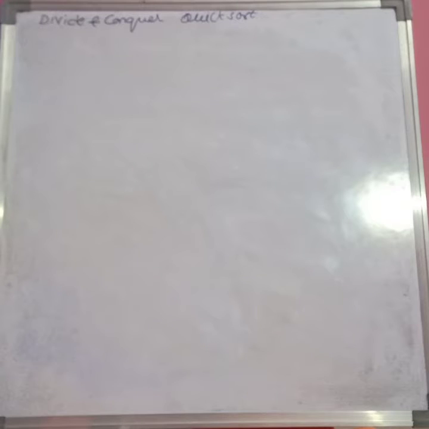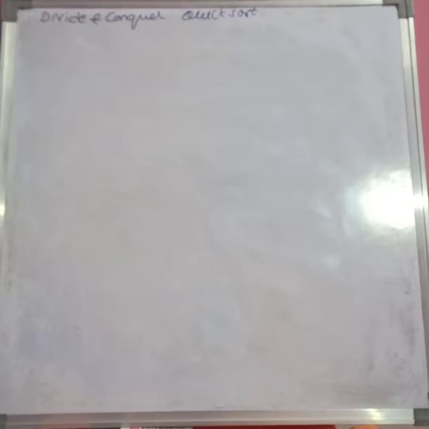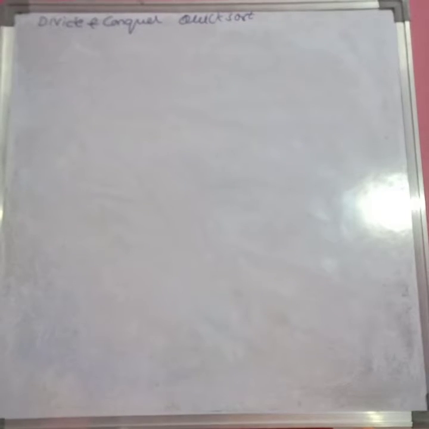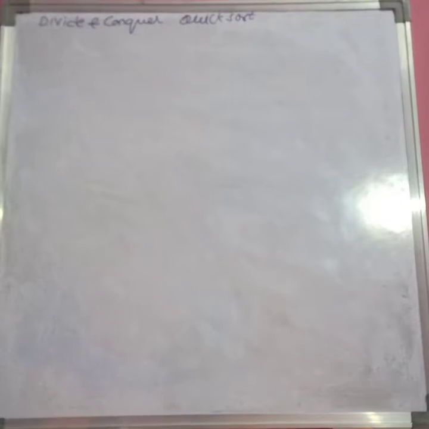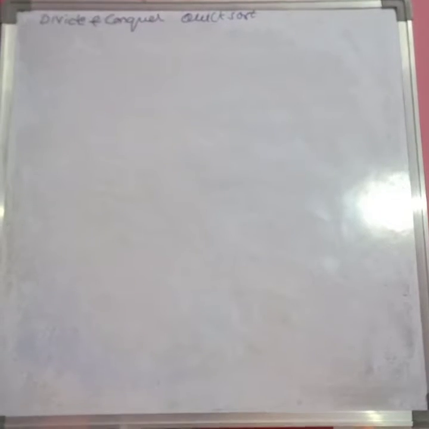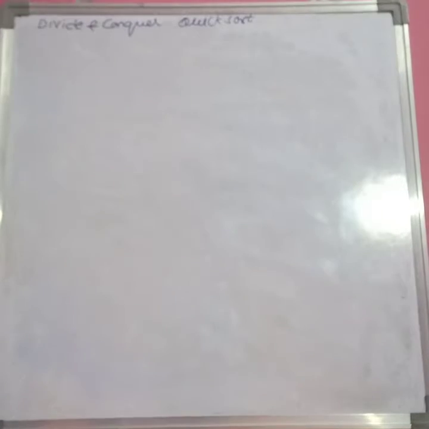Today we are going to learn about the topic Quicksort. There are algorithm designing techniques. Within that, the first algorithm design technique is divide and conquer. For that, some applications are there: binary search, quicksort, merge sort, Strassen's matrix multiplication. These are some applications of the divide and conquer designing technique. Today we are going to learn about quicksort.